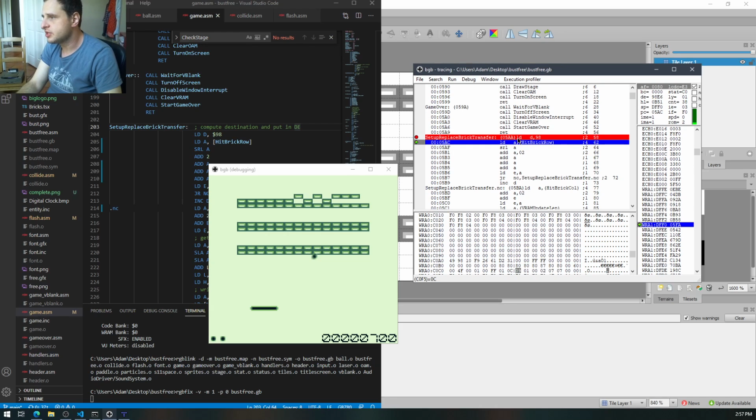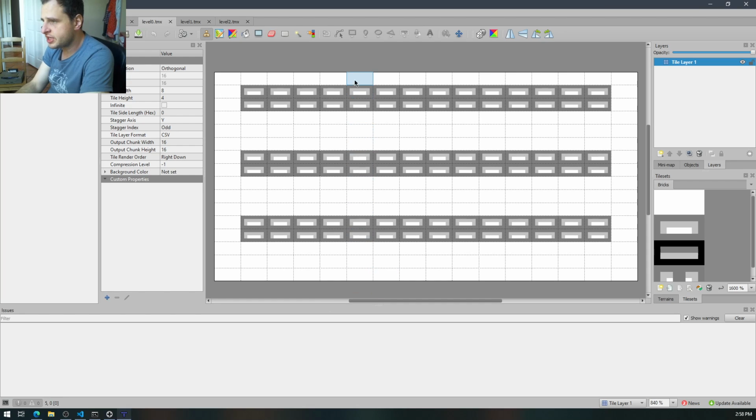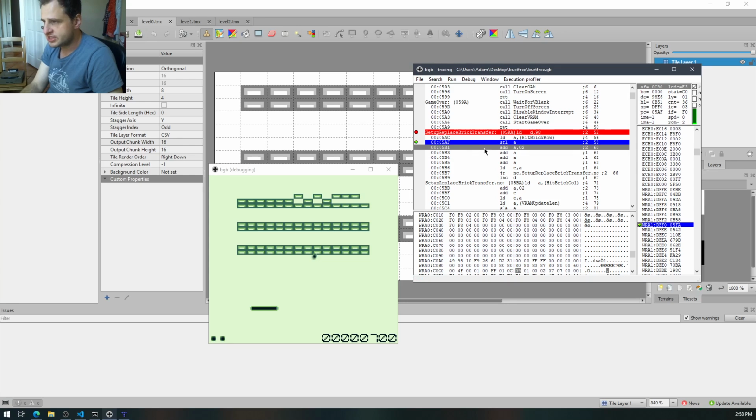Bam. Okay, so we are checking row C, which is row 13, 0, 1, 2, 3, 4, 5, 6, 7, 8, 9, 10, 11, 12. So not quite right still, but close enough to being right. I don't know why I found a collision in row C anyways. That doesn't make a whole lot of sense either. Because row C is this one, that's D and that's E. So I shouldn't have even detected a collision there, but no matter,